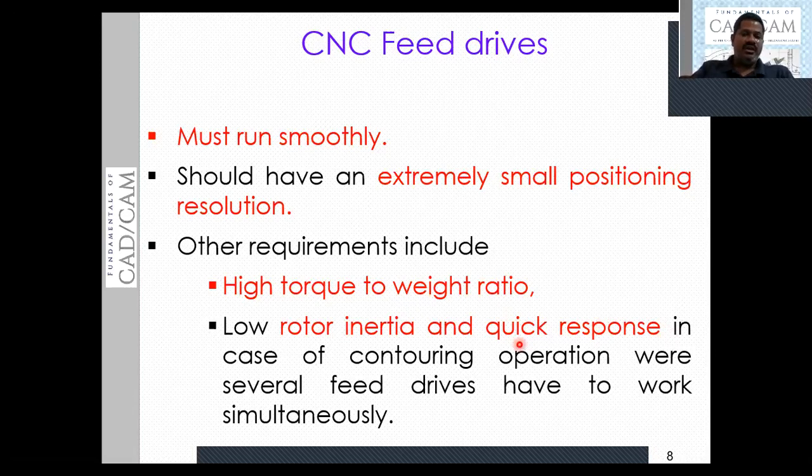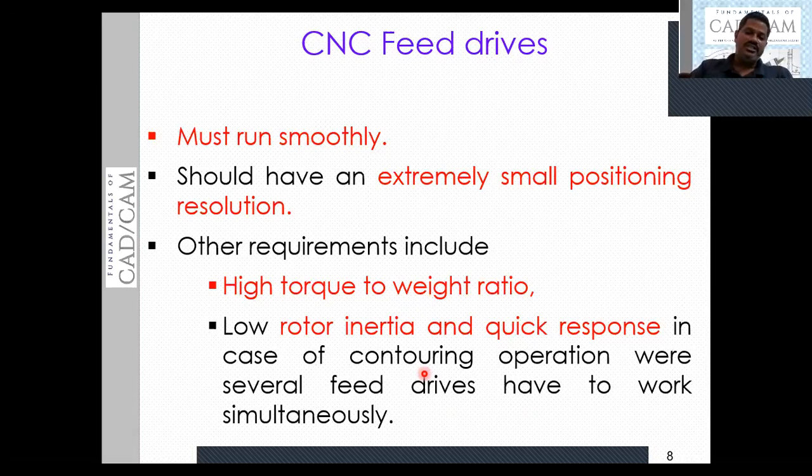I mean, within a short span of time, we are going to stop the table, then we need to restart the table, we need to move the table. This is what the quick response means. So in the case of contouring operations, the several feed drives have to work simultaneously. In contouring, the movement of the tool or the table is going to vary continuously, so the table or the tool must be quick enough to move on the work plane.